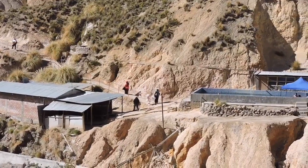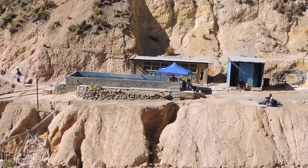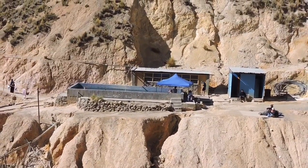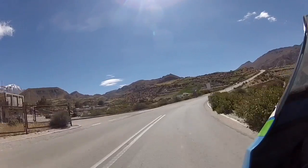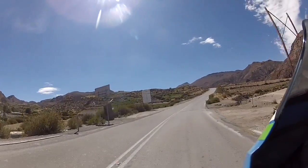And after visiting the very cold high-altitude lakes, we returned to Putre to take a dip in the local hot spring, which was absolutely delicious. Then, having explored a good chunk of what the region had to offer, we bid farewell to Putre and headed for Peru. So we just arrived at the border, the Peruvian border in Chile, and it's already proving harder to